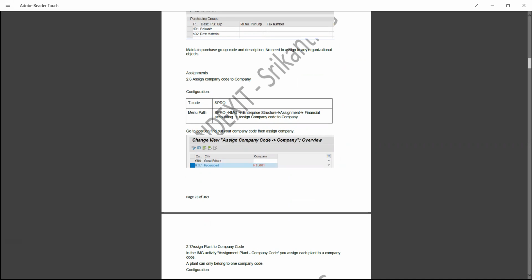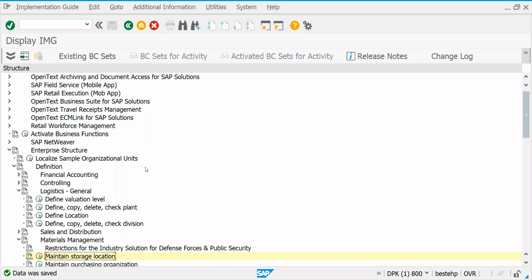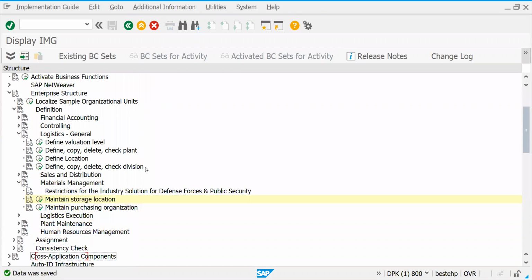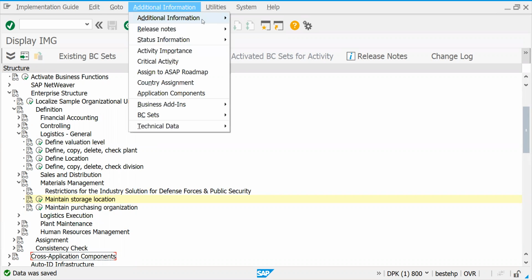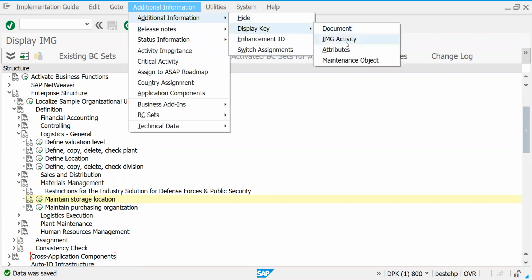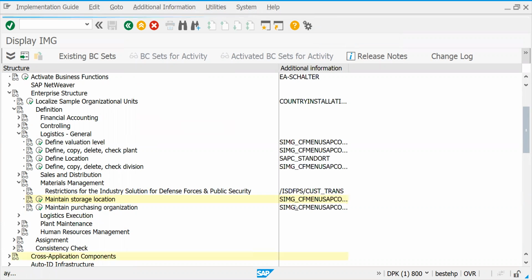Here, if you can understand, the next thing is maintain purchase organization. This is our next step. You can see the transaction code from here also, the IC activity.